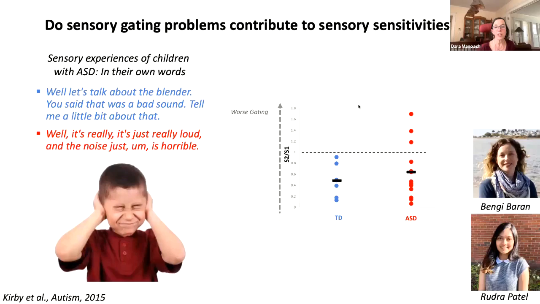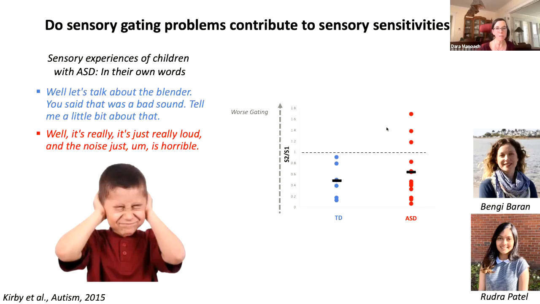And using EEG, we show that compared with their typically developing peers, in autism gating is much more variable. On the x-axis is the ratio of the response to the second compared to the first sound presented during this sensory gating task. One is an equal response, and less than one is an attenuated response to the second redundant stimulus, which is what you would normally expect. Some of our ASD participants are actually sensitizing to the second stimulus instead of attenuating their response. But obviously, this is a very small sample, and we need to see whether these findings hold up